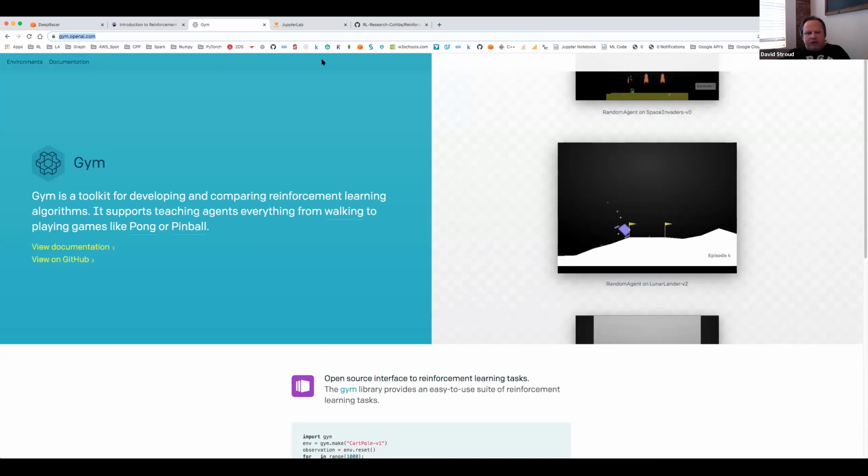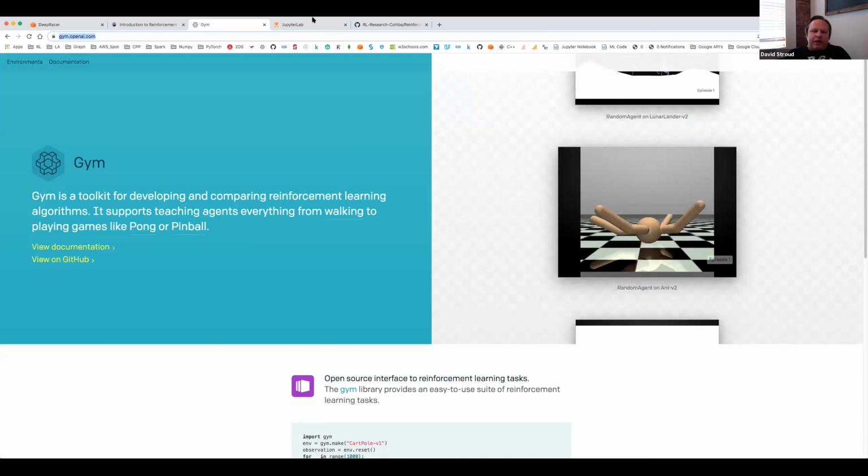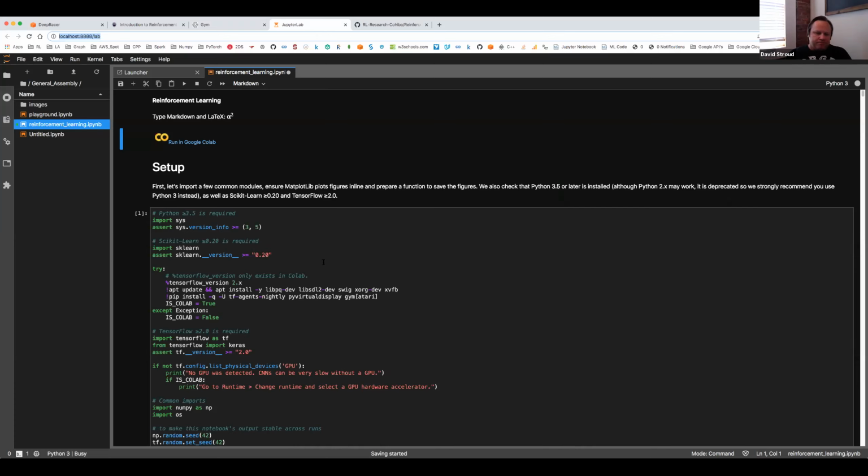And of course, you have to install it like you would any other package. And here's some Python code that should get you going. One easy way to run it, if you want to,